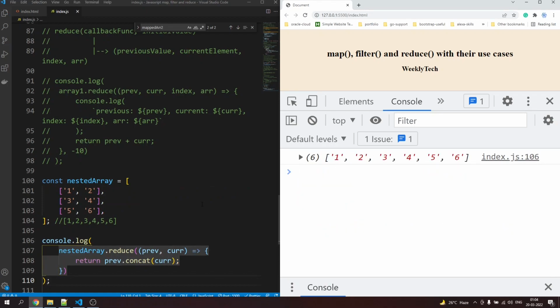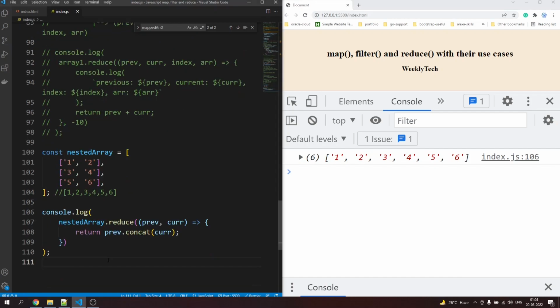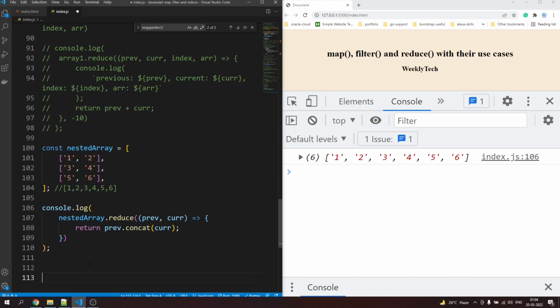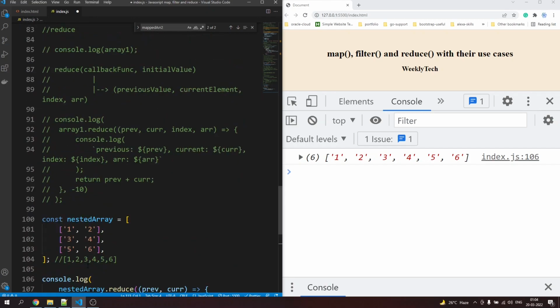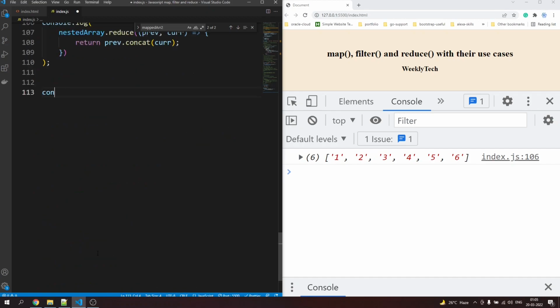So you can flatten a nested array by using a reduce method, just like this. This is one of the use cases and one of the interview questions. And in the end I want to show you all the three methods, map, filter and reduce, in a single chaining of methods. So for that let me create a new array, and that new array will be